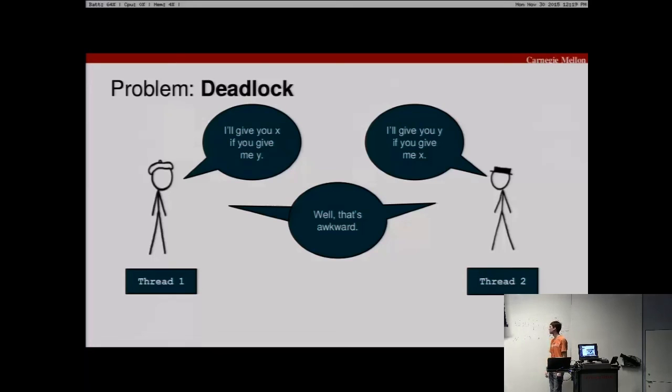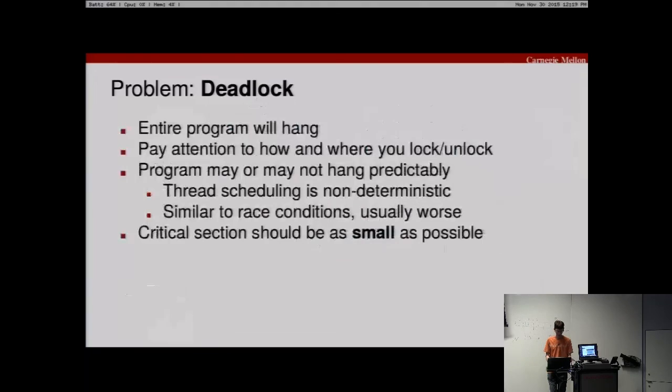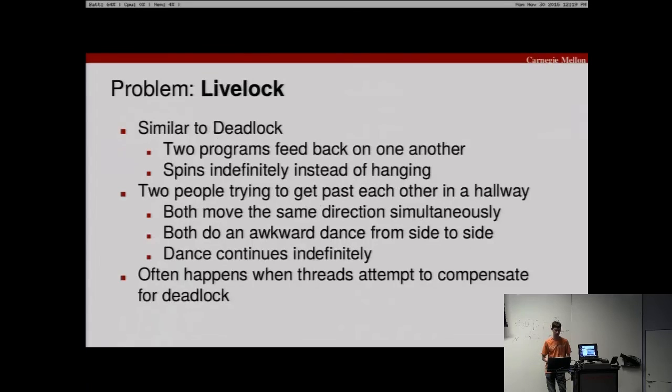It can happen with the same thing with these mutexes and semaphores. So yeah, the entire program hangs. You have to be careful about where you lock and unlock, and make sure that you don't get into a situation where two people can't hand off their resources correctly because they're both requiring each other. And then there's the flip side, which is livelock,